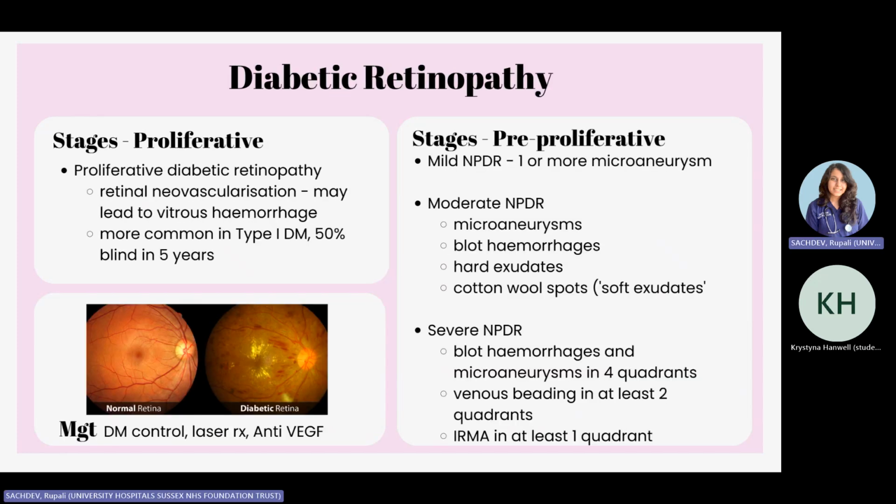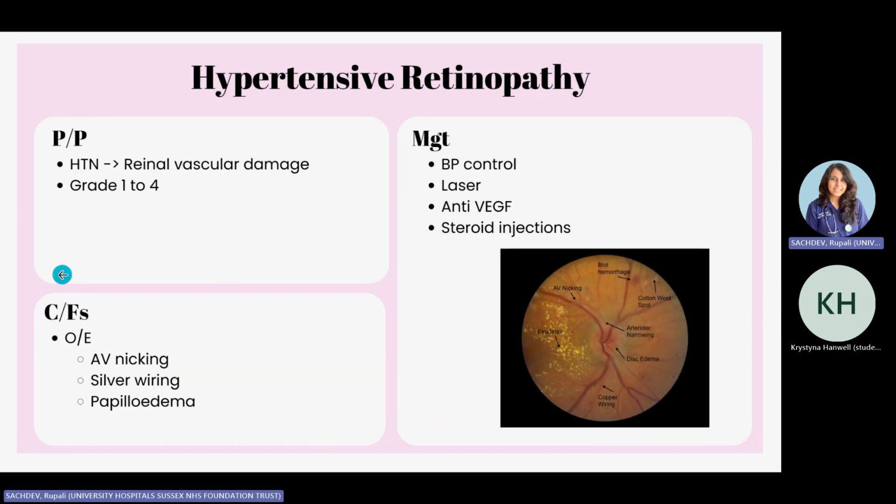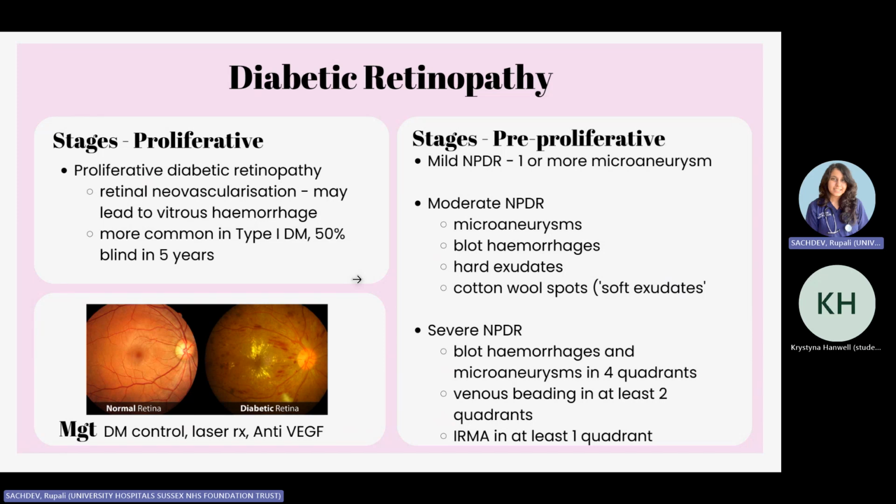Coming to the last two very important high yield slides, you've got diabetic retinopathy. So obviously the pathophysiology is that they've got diabetes, which is now affecting the vasculature of their eye and is causing changes. So what you need to know for diabetic retinopathy is the staging. So it starts from pre-proliferative, these are early changes, and then moves on to proliferative. So you have mild non-proliferative, which is essentially just going to show you one or more microaneurysms. Moderate non-proliferative, which has microaneurysms, a little bit of some blot hemorrhages, some hard exudates, and cotton wool spots,